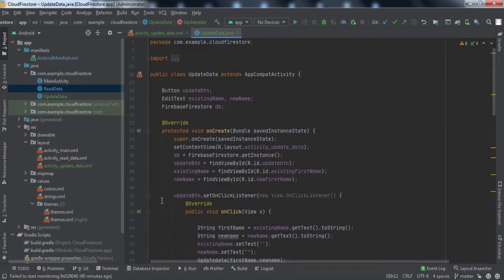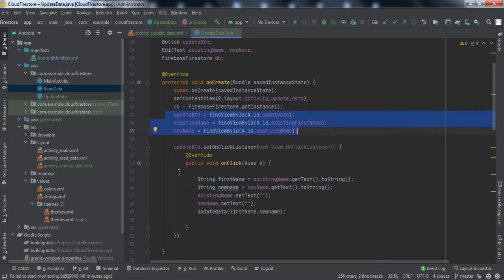So guys, the backend code has been completed. Here you can see I have made the reference variables for the button and the edit text, and a reference variable for the Firebase Firestore, which I named db. I have made the instance of the Firestore variable by calling the get instance method, and we have set the on-click listener on the update button.